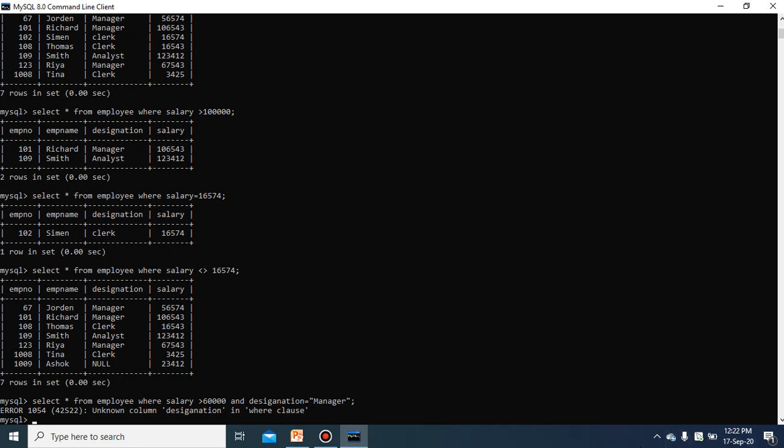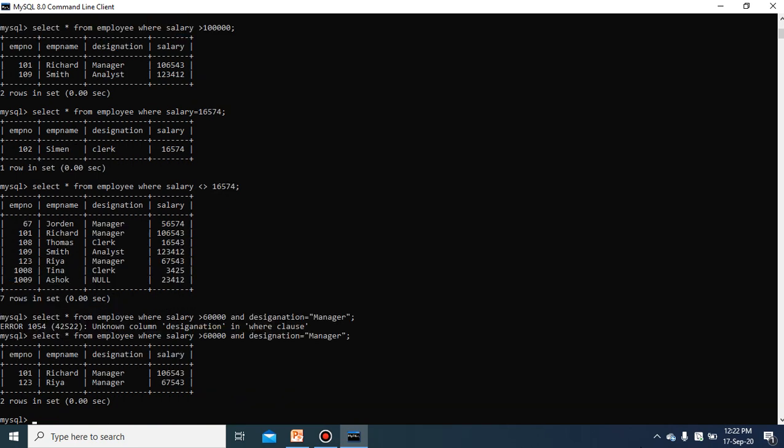Unknown column designation, again I have misspelled the word designation. Yes, for these conditions there are two records which exactly match. The salary is greater than 60,000 and the designation is manager, so these two employees come under this criteria.